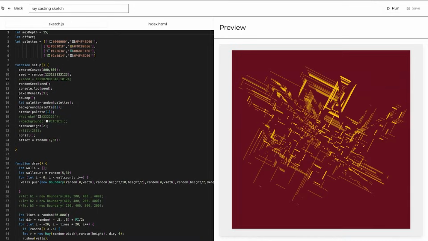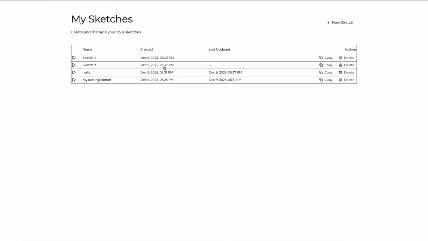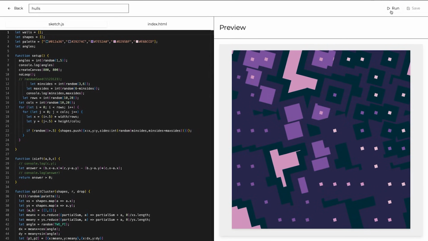Today, we're going to be building a p5.js sketch editor app in AppGen with database functionality to save all of